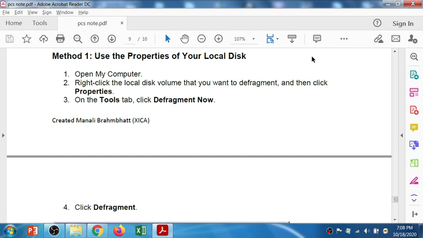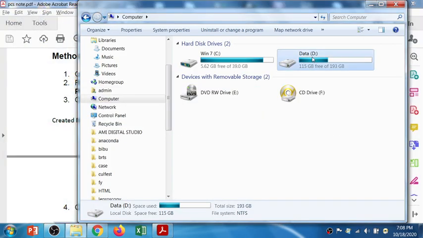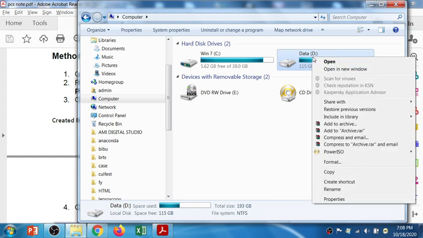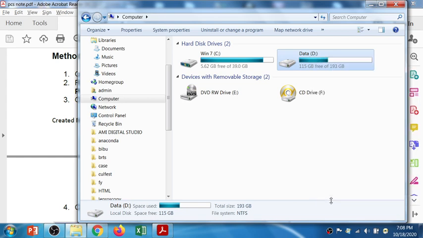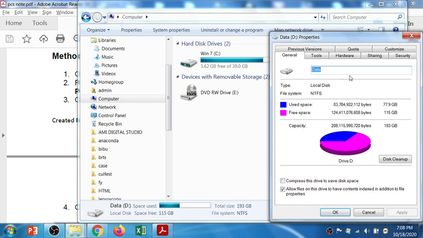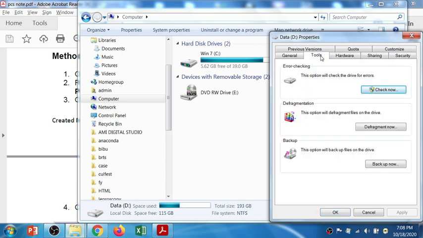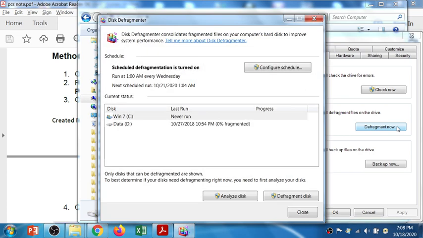Okay, so right click and open Properties, and from the properties, this is the Tools tab, and from the Tools tab we have this defragmentation. So I'll click on the Defragment now option, so that will open up the defragmenter window.